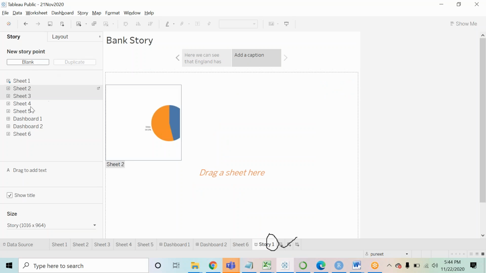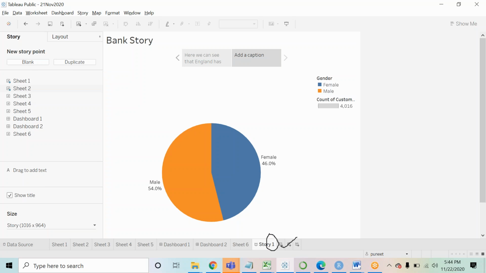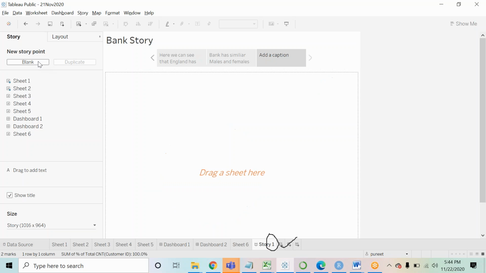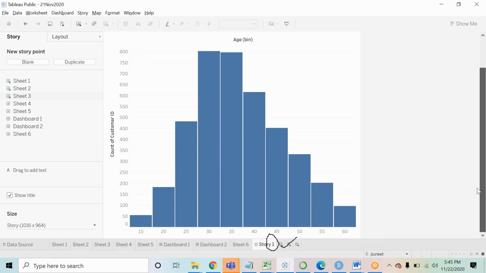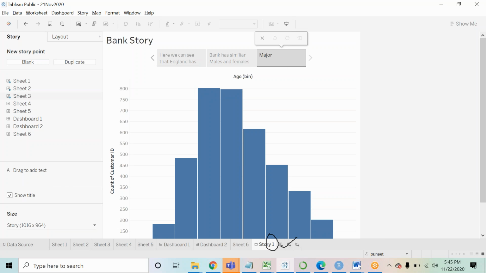Similarly, you can add one more page, a blank page. Over here, I'm writing something like bank has similar males and females. Okay. Now I can add another page. Over here, probably I can drag sheet 3, right? I can write my analysis. This is the age analysis. Major customers are from